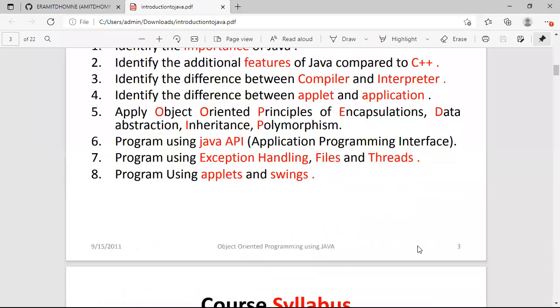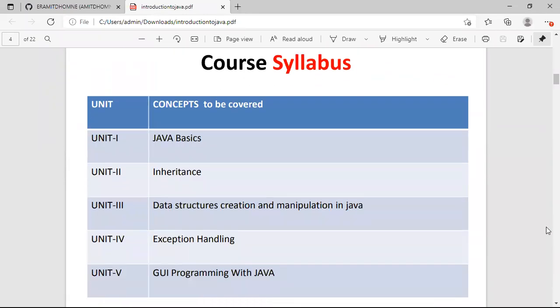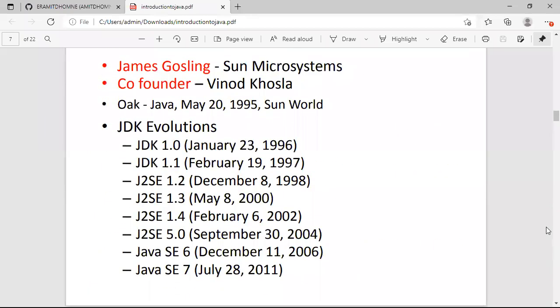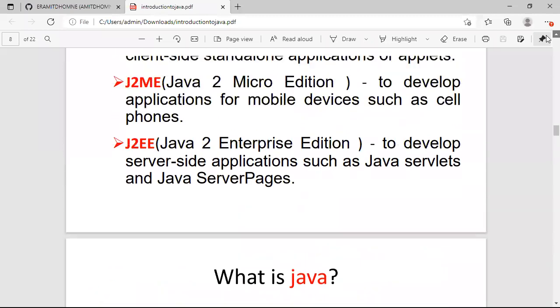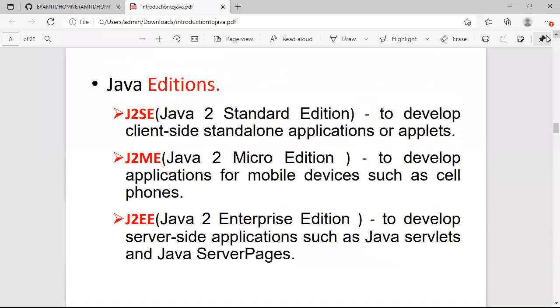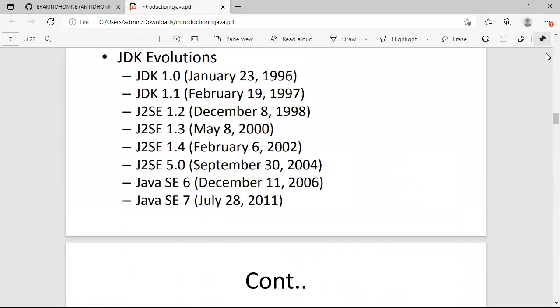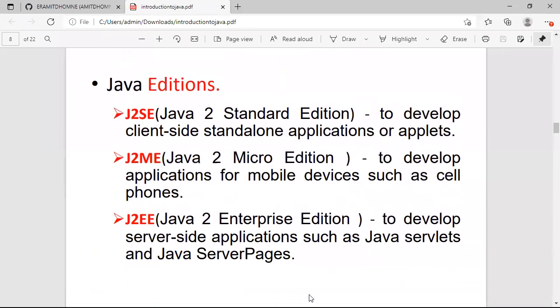So let's start. But before that, I just wanted to add a few things: we require Eclipse software, Edit Plus, and the Java JDK. That is what we need to install on our system. On my system it is already installed, so we can try it on any one of yours.